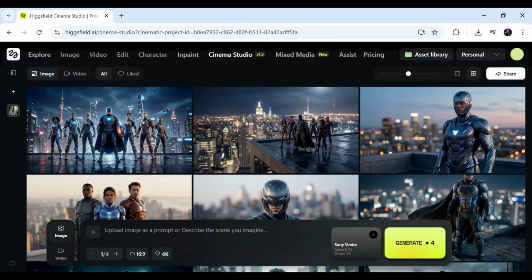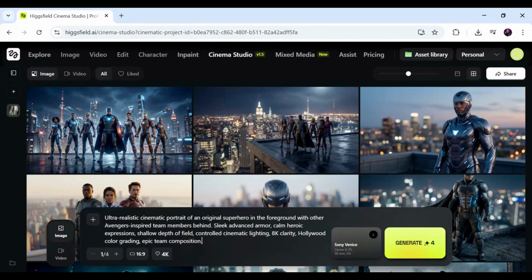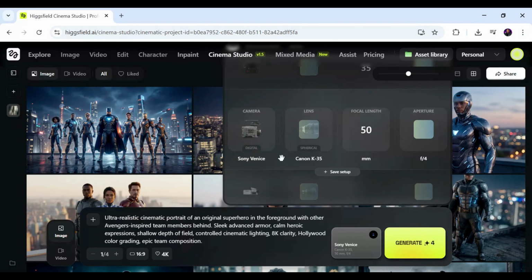Cinema Studio allows you to generate both images and videos, and we'll start with image creation. After entering your image prompt, the next step is choosing the visual look by selecting a camera and lens. Different camera and lens combinations affect color, depth, and lighting. You'll notice that the options here are professional cinema cameras and lenses used in real films, which is why the